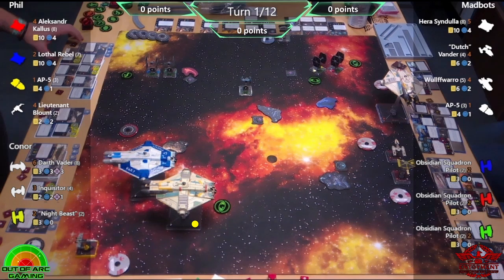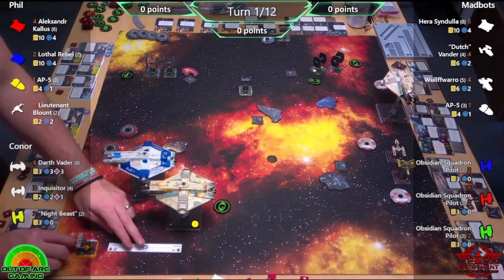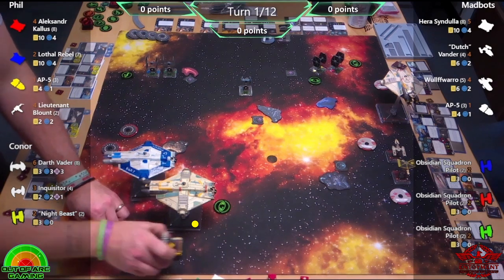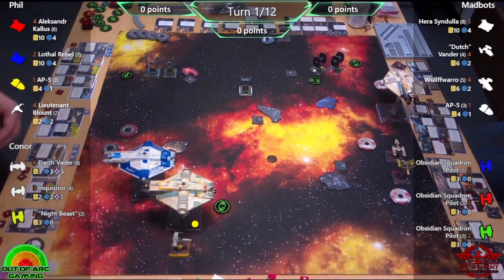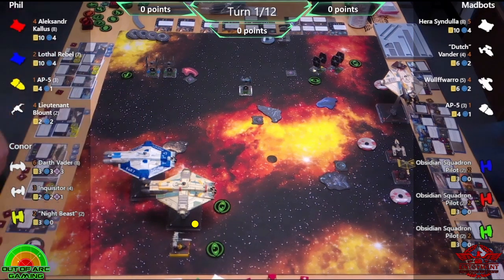Yes, points are up for grabs straight away. And Vader has gone straight for that middle one to get those. That's actually the Inquisitor. Oh, is it? Oh, Vader. My mistake. Yep. Vader is still hidden. Vader's a 6, he hasn't moved yet. Yeah, Vader has not moved yet, so...